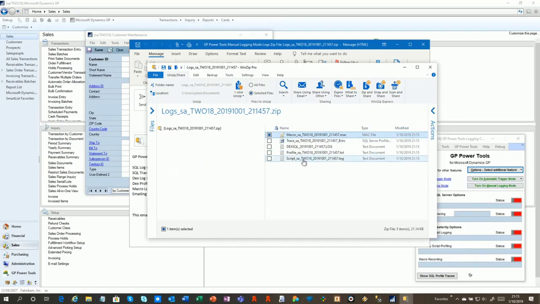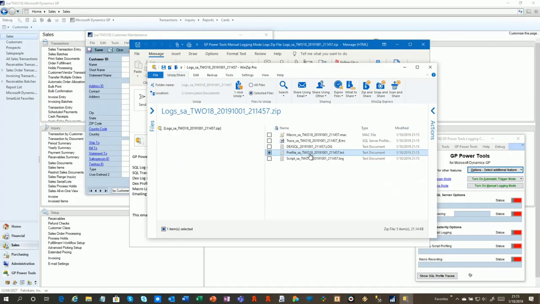Then we've got the dexterity script log, which is showing all of the scripts that are called at the dexterity level and their parameters. We've also got the dexterity script profile, which shows each script, how many times it's been called and how long it's spent in there. That's actually perfect if you're troubleshooting performance issues, because it will pinpoint the exact script